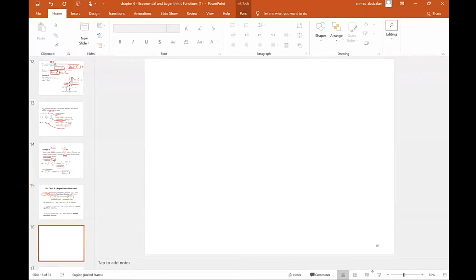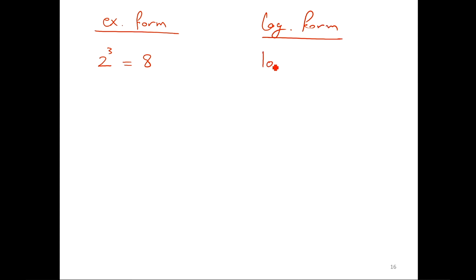For example, logarithmic form, or first the exponential form. We already know that 2 to the power 3 equals 8. If we need to convert this to logarithmic form, this equals logarithm 8, this is the argument, to base